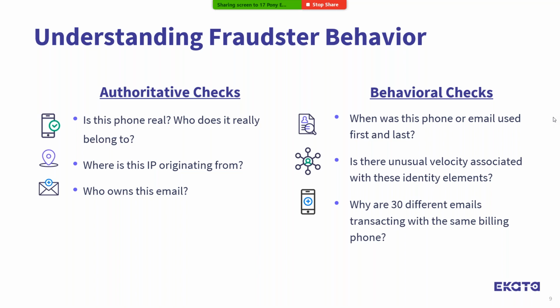Awesome. And why is it so important to have both sides of the coin here with authoritative and behavioral checks? Yeah, so knowing the identity elements of a digital identity is only part of the picture. Someone could easily find a way to get my address, say. So fraudsters can circumvent those authoritative checks fairly easily. So only when you look at the identity of a buyer can their behavior online really indicate the consumer is both who they say they are and acting the way they usually do online.